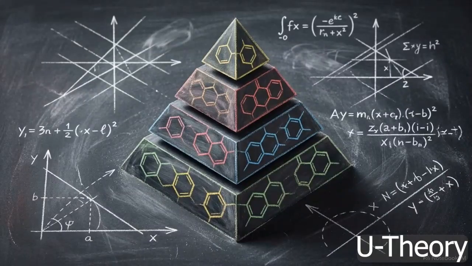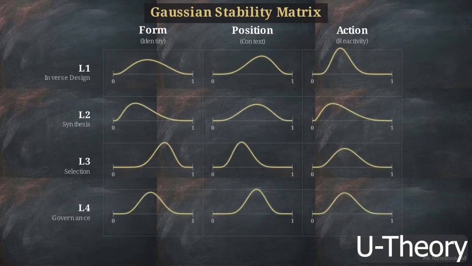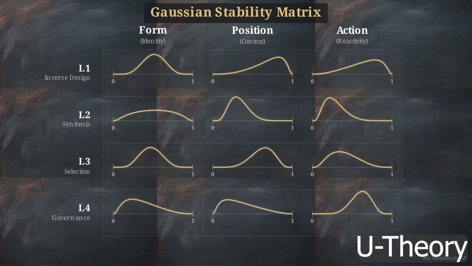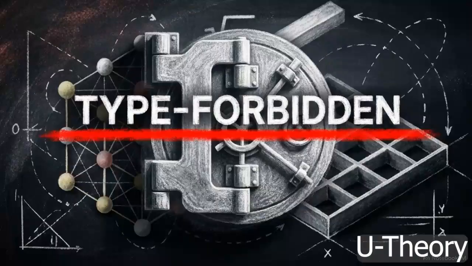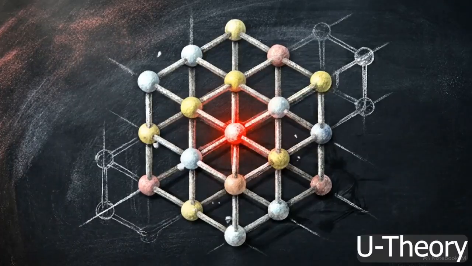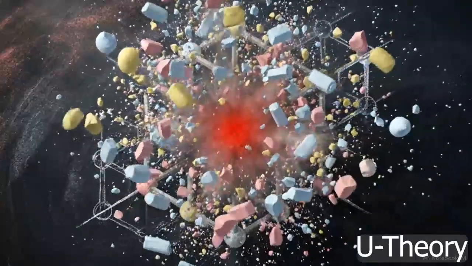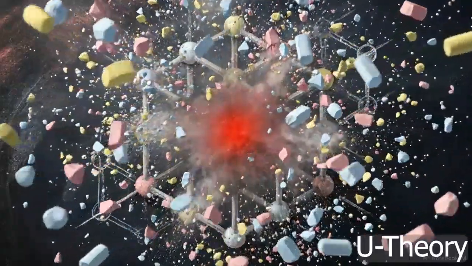TRC replaces weighted sums with a non-compensatory geometric framework, mapping properties across 4 distinct physical and societal layers. It pairs this geometric core with 2 protective mechanisms, a Gaussian stability matrix to quantify deep uncertainty, and a sign-symmetric firewall to lock out dual-use hazards. To build a reliable AI orchestrator for chemistry, the underlying mathematics cannot average out physical weakness. It must actively punish it.